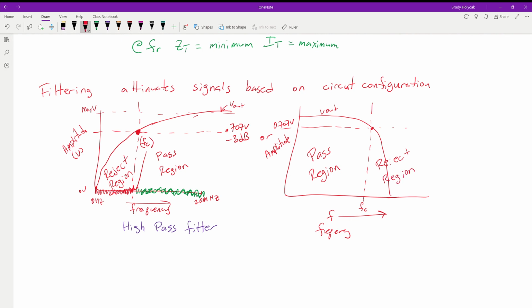And that should be a J, not a G, I apologize. Anything over this critical frequency, we're going to reject, and basically attenuate heavily. Anything below that frequency, we want to keep and leave alone as much as possible. So in this case, we're passing low frequencies through and rejecting high frequencies. This is a low pass filter.